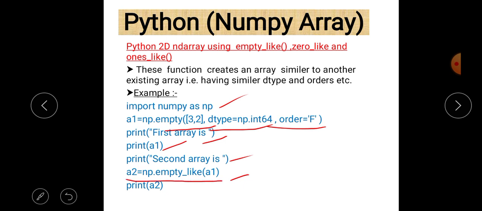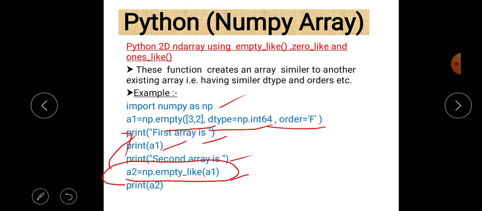Basically this line will create a two-dimensional array which is similar to a1, in which all elements are empty, or all elements contain garbage values. Whatever the size of a1 is must be the size of a2. So a2 is similar to a1, not equal.